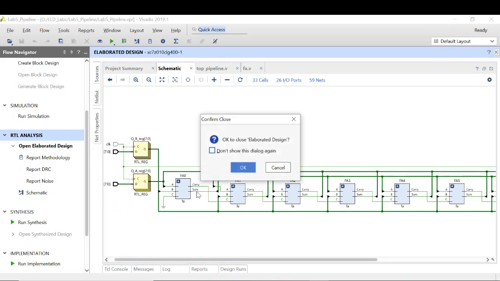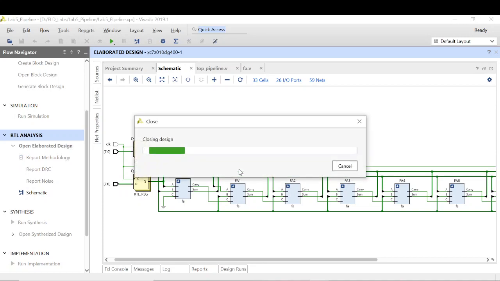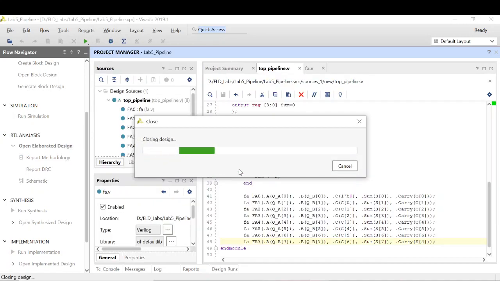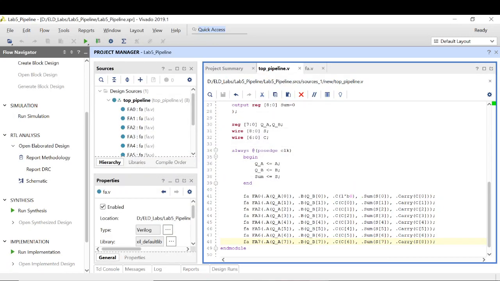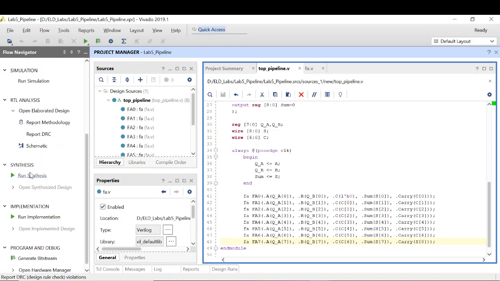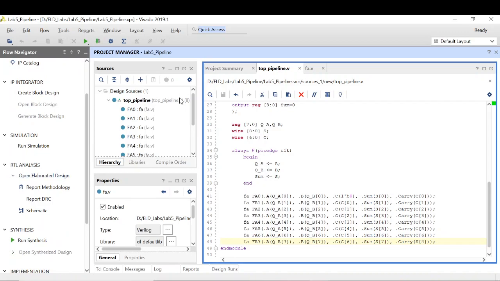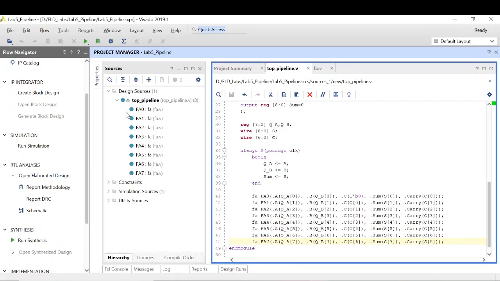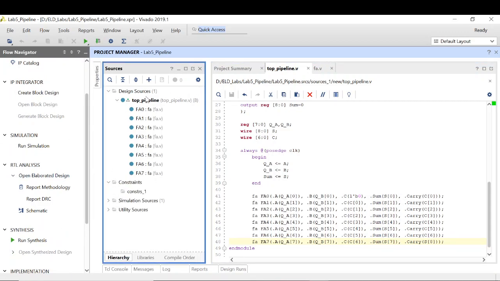Now let's move on to the next part, how to check the timing of this circuit. Okay, let's see. All right. So the next thing is, before doing the synthesis, I have to add the constraints.